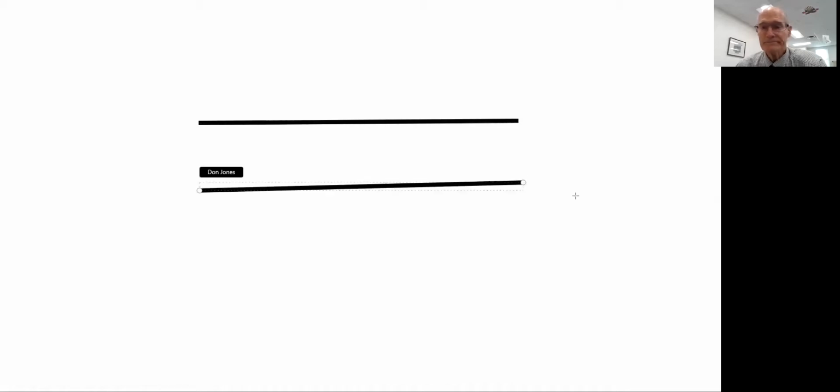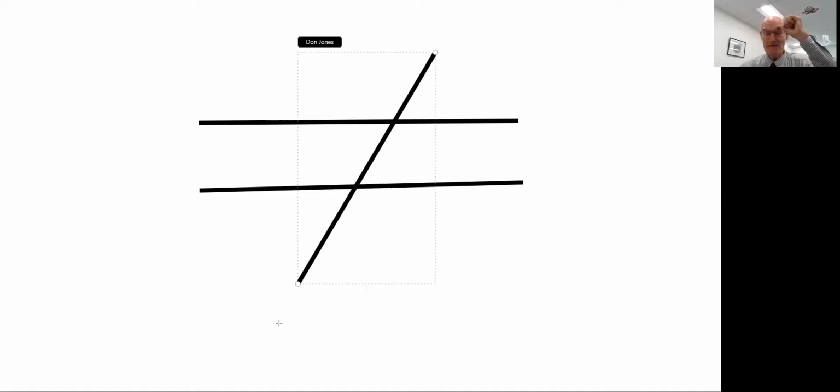If you have two lines, and they're cut by a transversal, and the corresponding angles, let's say this angle here would be angle A, this here would be angle B. So the converse to the corresponding angle postulate says if these two corresponding angles are equal, then